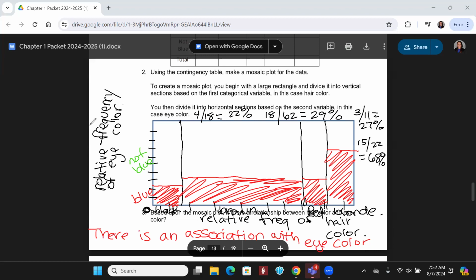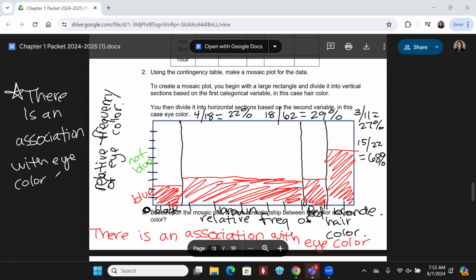I'm going to write this on the side because I know you cannot see that. Let me try this again. There is an association between eye color and hair with respect to blonde and non-blonde